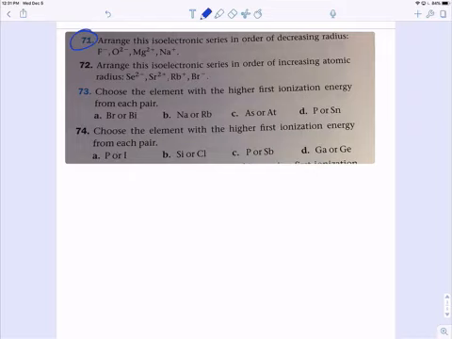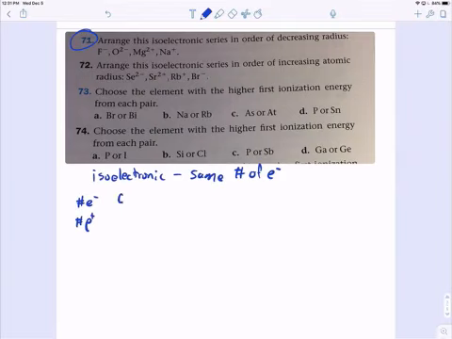Arrange these isoelectronic series in order of decreasing radius. So isoelectronic means same electrons. So each of these have the same number of electrons, and if you look at the number of electrons and the number of protons,